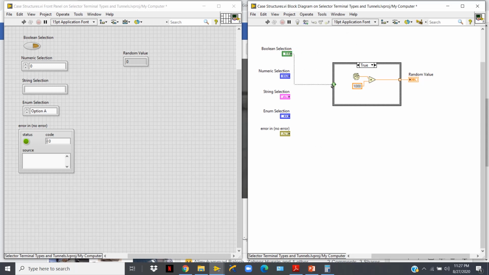So if I connect this Boolean, it will have either a true value or a false value. If it is true, a random number will be generated and multiplied by 1000, and that random number will be shown over here on this output. Alright, and if it is false,